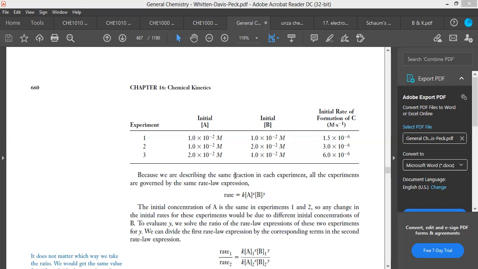Therefore, the rate with respect to A is second order. That is how you're going to be explaining when they ask you to tell us the order of the reaction